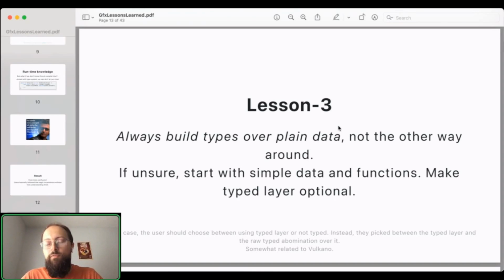So lesson number 3 that we have is that types have to be built gradually on top of your API. Each type that you introduce forces the opinion that this has to be known at compile time. So if you are building a low-level API, forcing an opinion is not something you want to do early. Your lowest level needs to work with data. And then as you build abstractions on top of it, you can build more types on top of it. So a hypothetical correct evolution for us would be to,